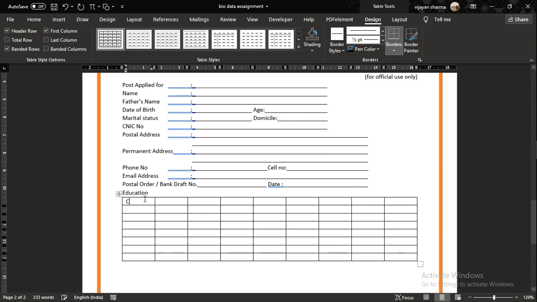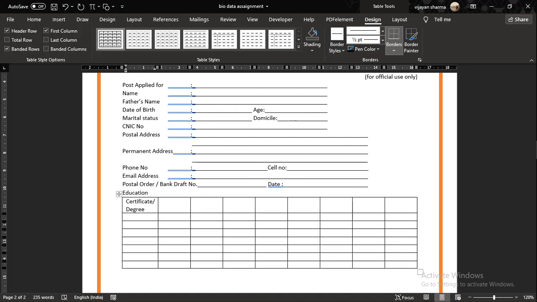So the first thing is certificate/degree. The second column is discipline/field. The third column is duration of studies.